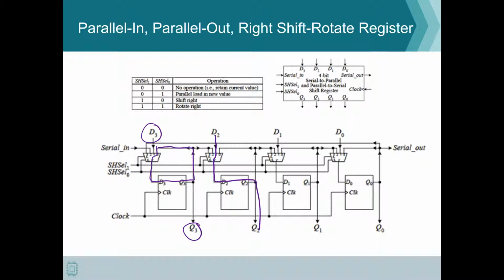So for the right shift operation, you can see that we are going to shift, let's say D3 will move to D2, D2 will move to D1, and so on. So here you can see the D1 value, which is here, is going to go in here, going through the 2 and into Q0. So therefore that becomes your right shift operation for 1 0, and then whenever we want to do a rotate, so in the rotate, so